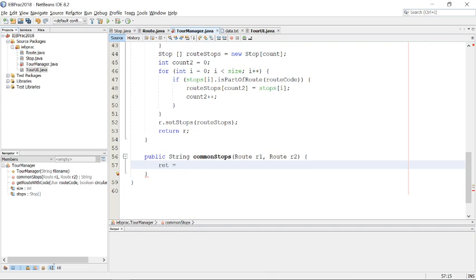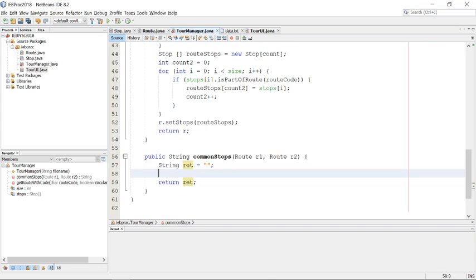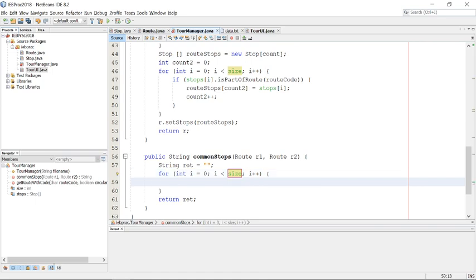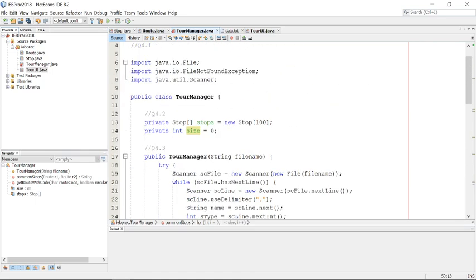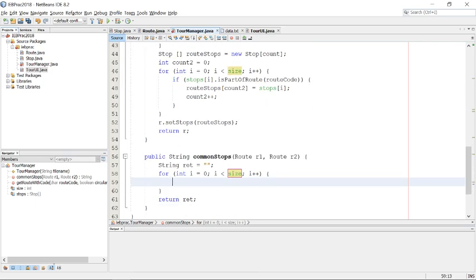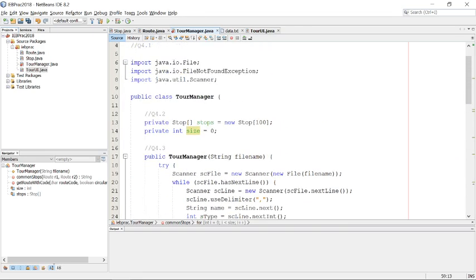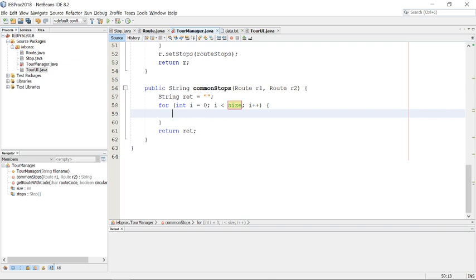So string ret equals nothing, and we're going to return ret. And I actually think it's going to be quite easy. So I'm going to go for i equals 0, i is less than size. Instead of going through all the stops in route 1 and then all the stops in route 2, I'm going to go through all of the stops in my stops array, and see, is that stop in route 1 and route 2? So if